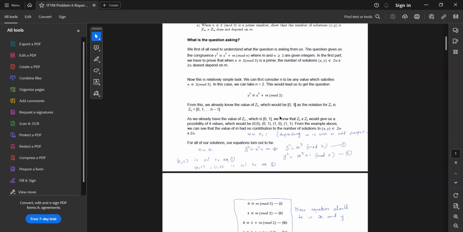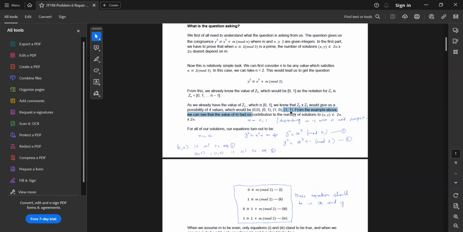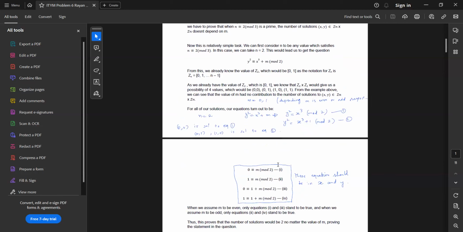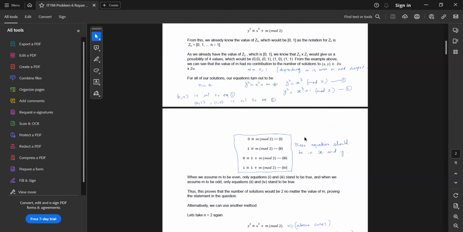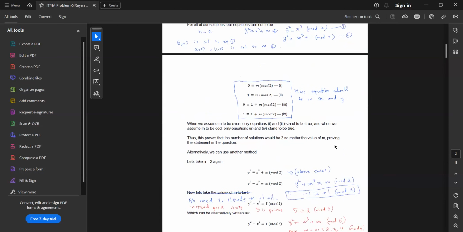And when we get these, अच्छा तो मैंने क्या किया था, मैंने यहाँ x और y की जो वैल्यूज थी वो प्लग इन कर दी थी इक्वेशन के अंदर, और मैंने 4 सेपरेट इक्वेशंस बनाई थी। यहाँ जब मैंने 0, 0 प्लग इन किया तो 0 इज कॉन्ग्रुएंट टू m mod 2, 1, फिर दूसरी इक्वेशन थी 1 इज कॉन्ग्रुएंट टू m mod 2, फिर 0 इज कॉन्ग्रुएंट टू 1 प्लस m mod 2 एंड 1 इज कॉन्ग्रुएंट टू 1 प्लस m mod 2। तो यहाँ हमारे पास 4 इक्वेशन बन गई।